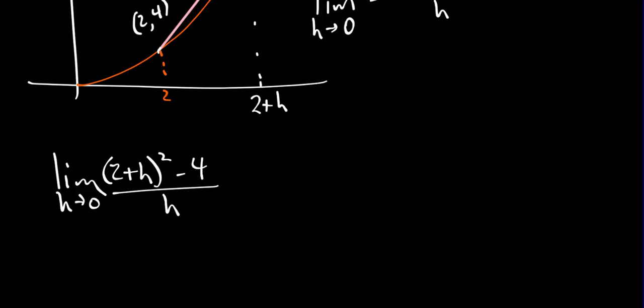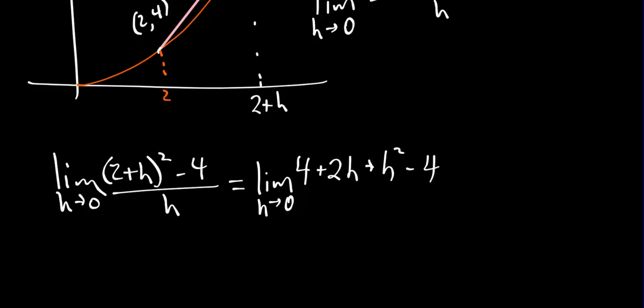Now, let's see how this works. We've got the limit as h goes to 0. Now I'm going to expand that out. So we get 4 plus 2h plus h squared minus 4. And this one cancels with that one. And then look what we can do. We can factor out an h. So we have the limit